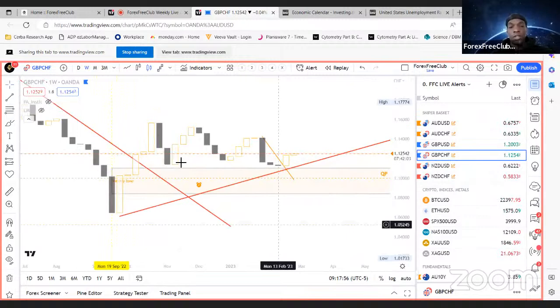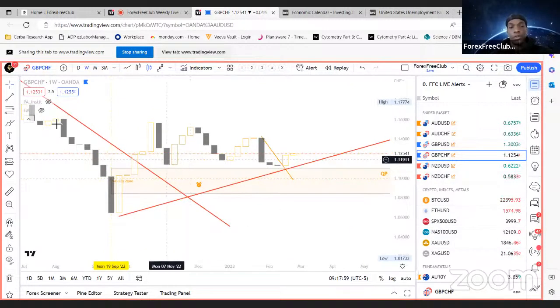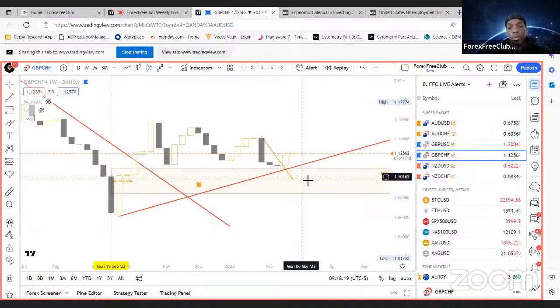All right, so similar to GU, the only difference is we don't have obvious structure broken yet. So we're still consolidating, kind of. We're at the lows, so we're looking to see if we can sweep the liquidity from these equal highs. And if not, then we'll see if price will possibly push down, give us better pricing in our zone, then we could take it up.